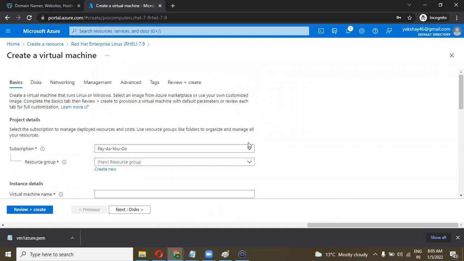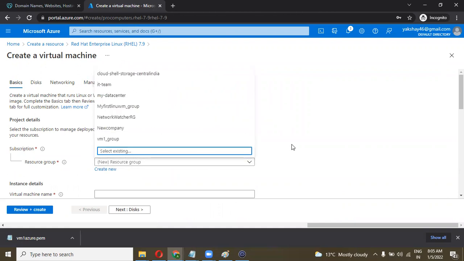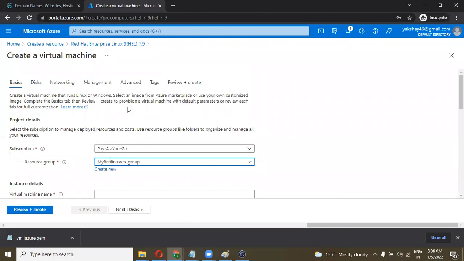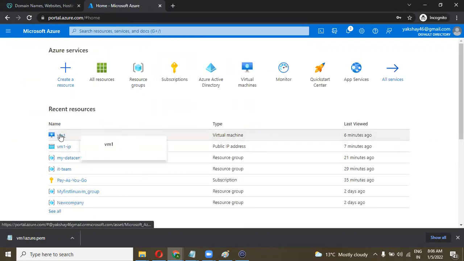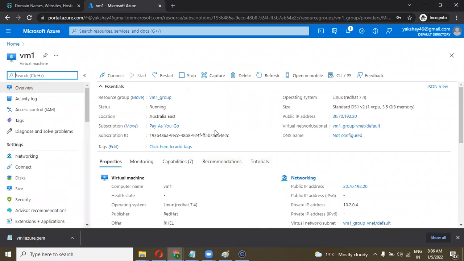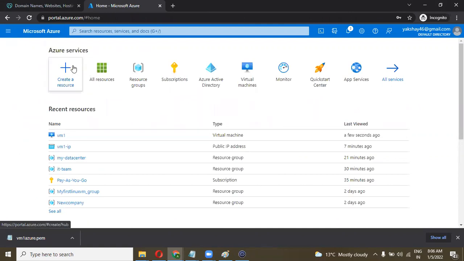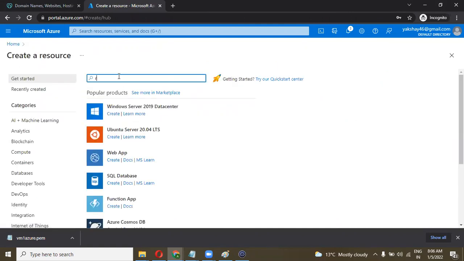Let me cross check once that my subscription and resource group are the same. Let me cross check once with the other VM. VM1 is in the VM1 group. Okay, so let's create one more. Create a resource, RHEL.